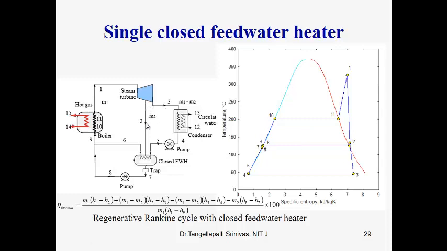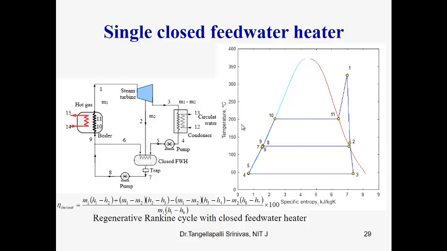M2 is the steam trapped for the feed water heater, and the balanced steam expands in the turbine. The remaining components like condensation, pumping and boiling are the same, but two pumps are used here. The first pump pumps the balanced condensed steam from condenser pressure to the boiler pressure, and the trapped steam after condensation is pumped from the feed water heater pressure to the boiler pressure.